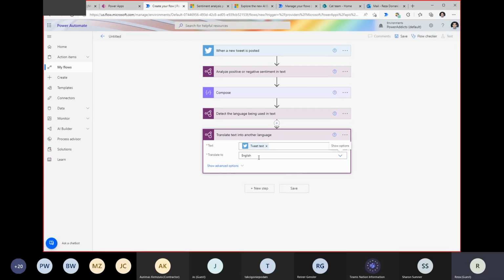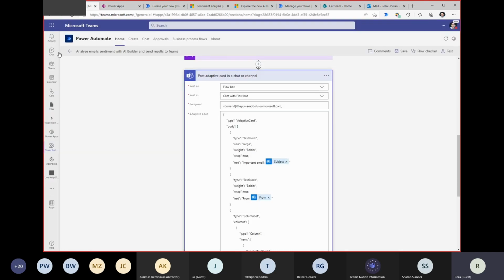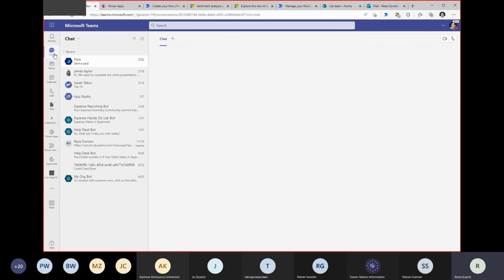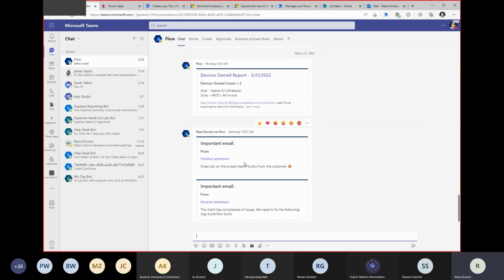And once I get that text in English language, I will then run it through the sentiment analysis. So I can leverage multiple types of information right here on the fly. I'm not restricted to one or the other. And that's the power of AI. And to show you an example of that, any feedback or text that's coming in, of course, I tested